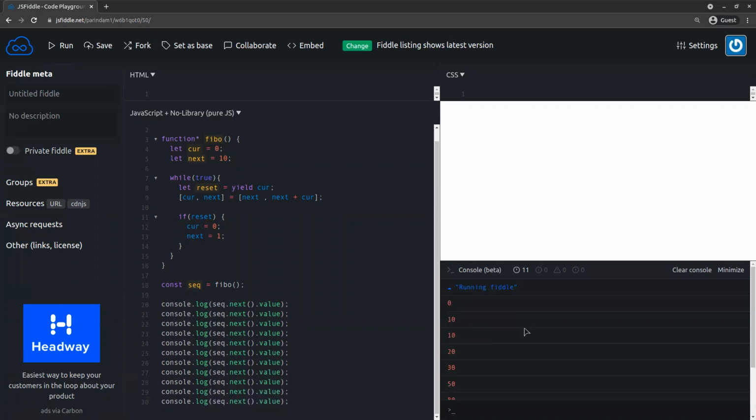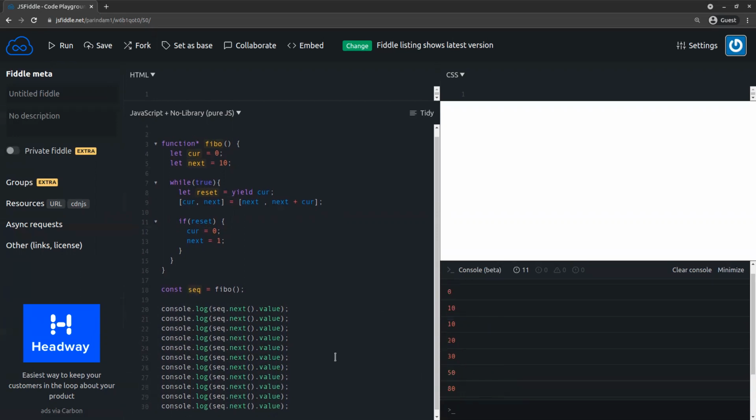So now you can see 0, then 10, 0 plus 10 is 10, 10 plus 10 is 20, 20 plus 10 is 30, 30 plus 50 is 80, 80 plus 50 is 130. So up to 10 means the number. Actually, how many results will you get? You will get 10 results. So this is the thing.